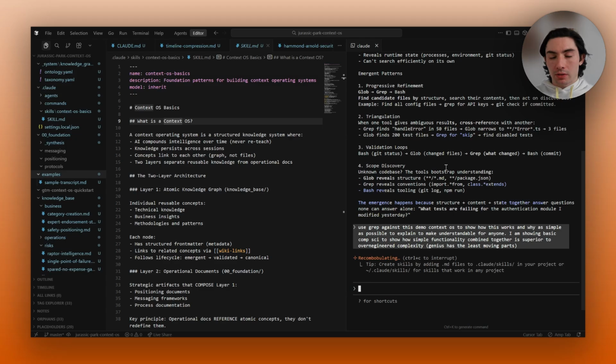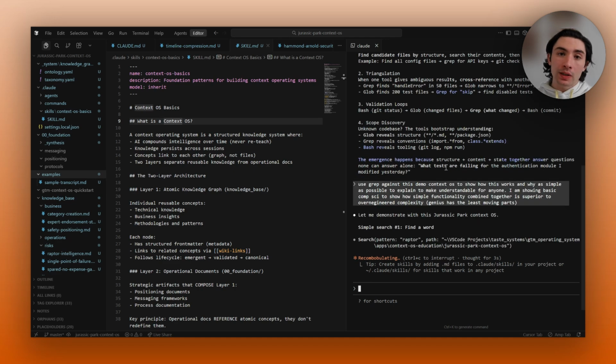Again, leading prompt, not how it actually interfaces with. This is not how I actually interface with my context OS if I'm trying to find net new insight.